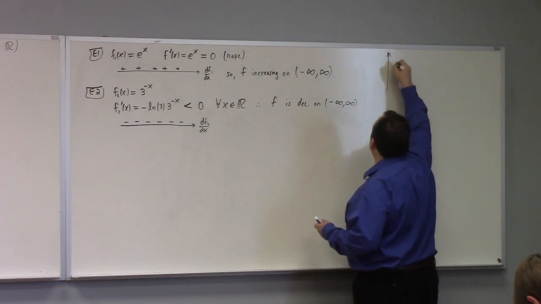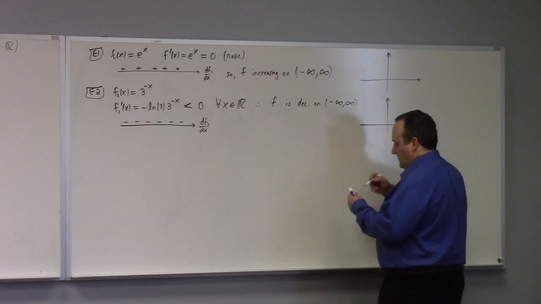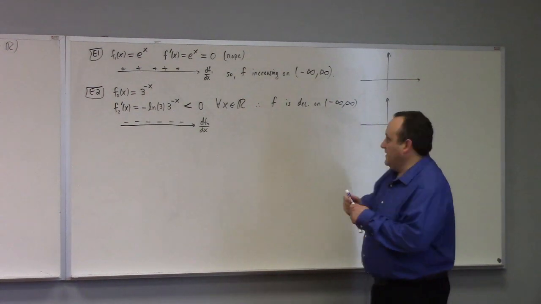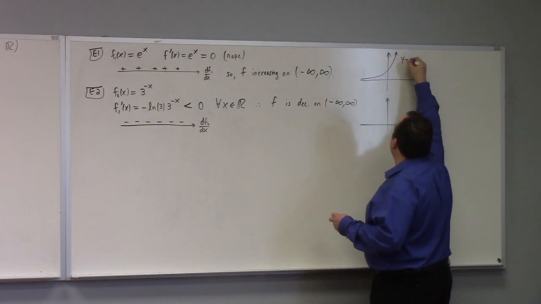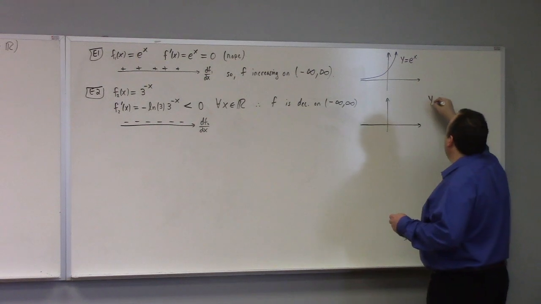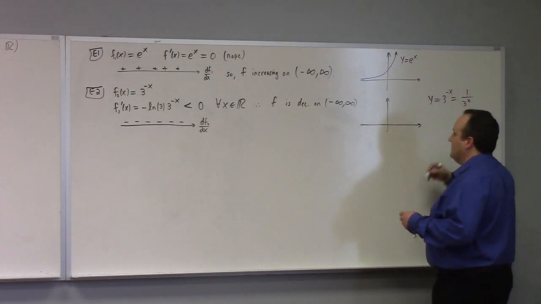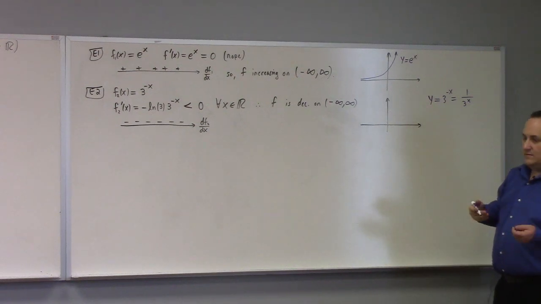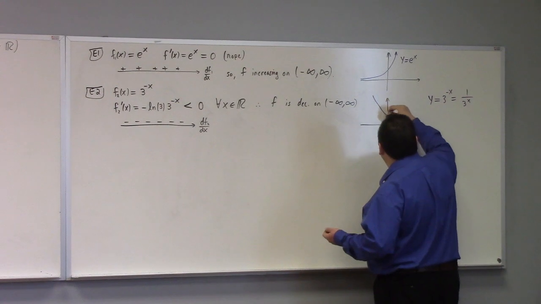And so this also will square with our previous pre-calculus intuition. See, because the graph of exponential looks like this, right? And the graph of y equals 3 to the minus x is actually also 1 over 3 to the x, right? You could think of it that way. Anyway, the point is that the graph looks like this.